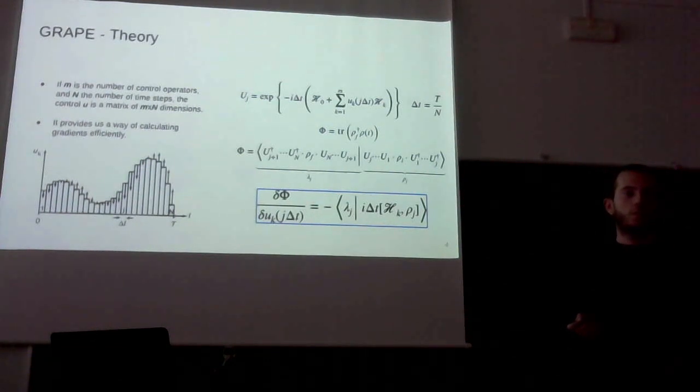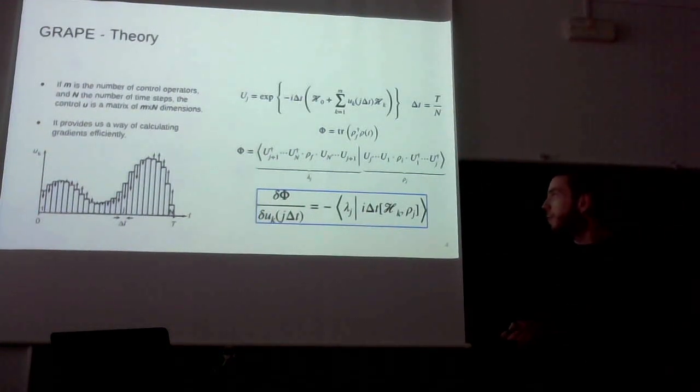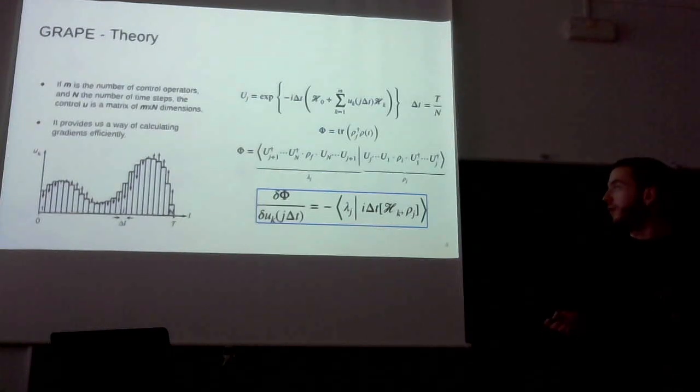So rho F is the final one if you apply the exact. Rho F is the one you want to achieve, and rho T is the one you are achieving with your controls. So you are optimizing. Yes, that's it. And from here you have to keep in mind that the GRAPE algorithm provides us